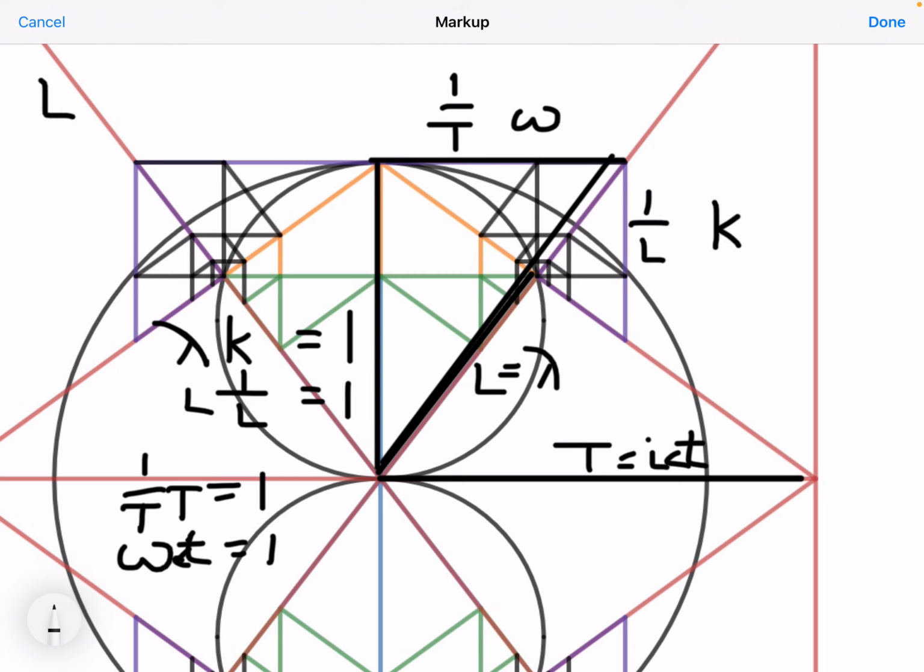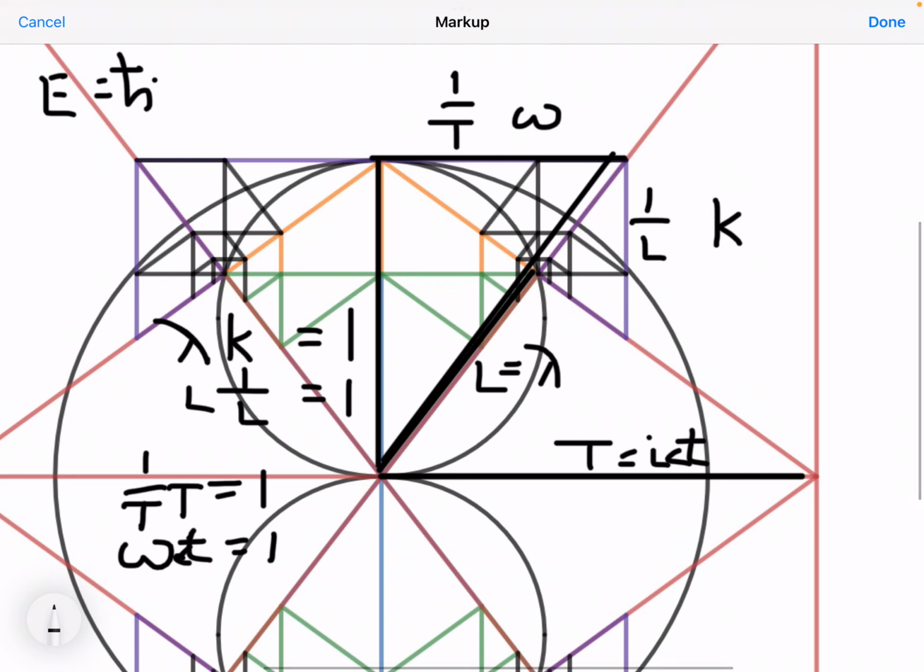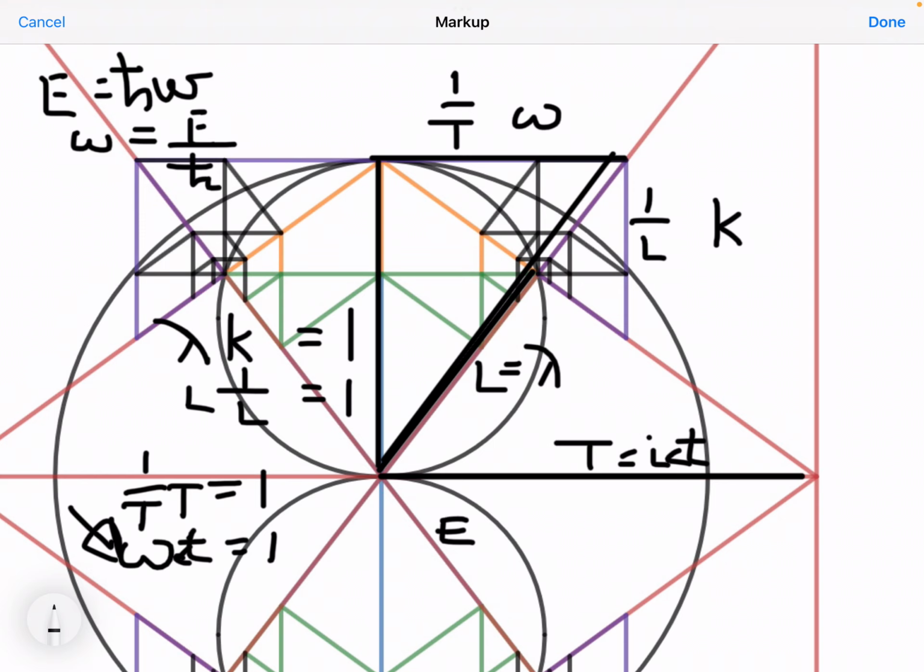Okay, so how do you convert there? Well, energy is h bar times W for a photon, so you can get your W to be E over H, and you can slot it in there, so you end up with E over H times T, therefore E times T equals H. That's the first common one, and then the other one is